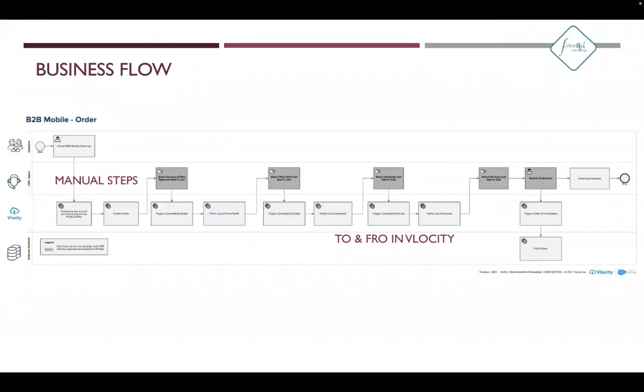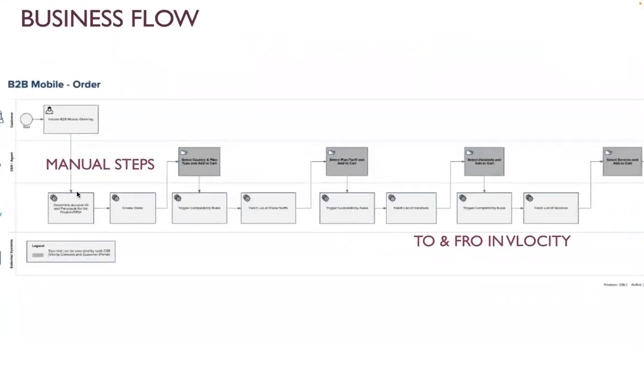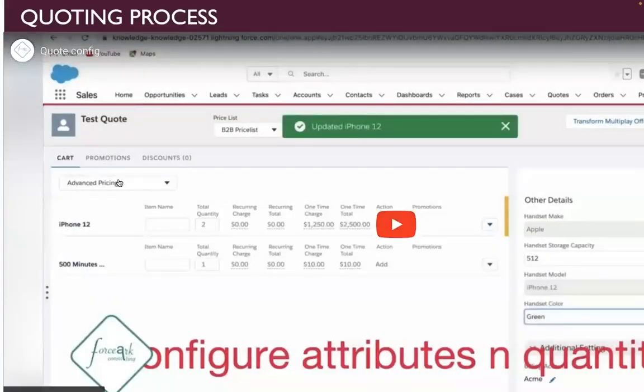There could be basic differences in the processes, because obviously when you handle a retail customer versus an enterprise customer, the process entirely changes. For a retail customer, the cycles are very short-lived, whereas for an enterprise customer, it's a long-running sales and quoting process. So if you see the example here, as a customer,